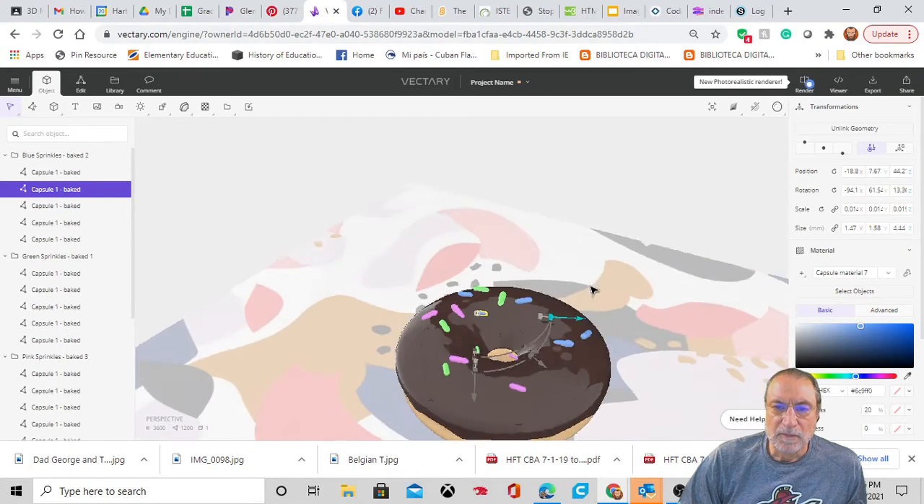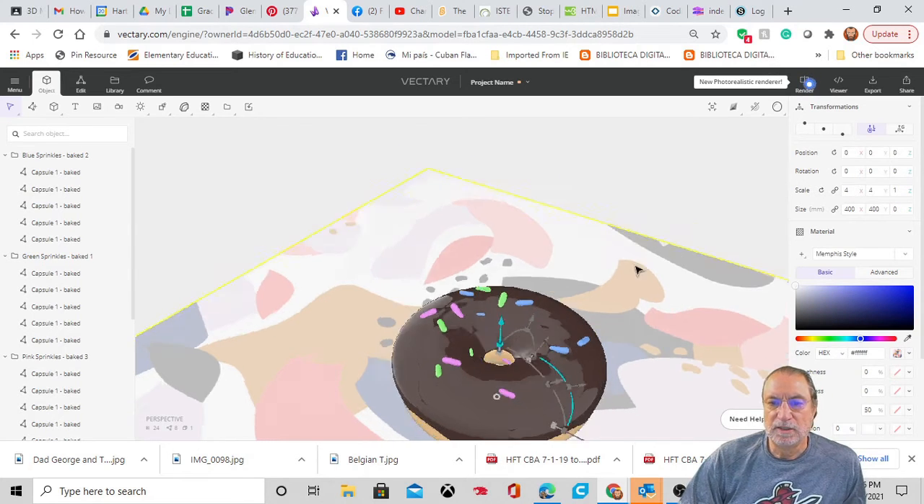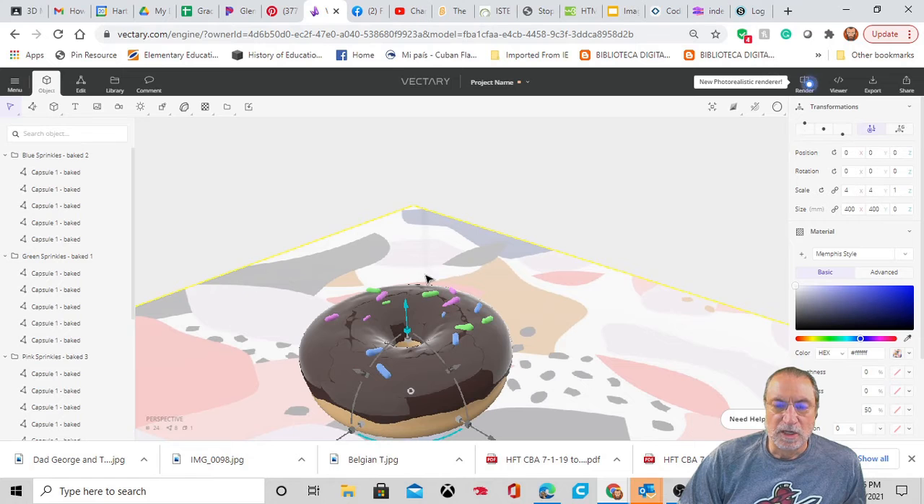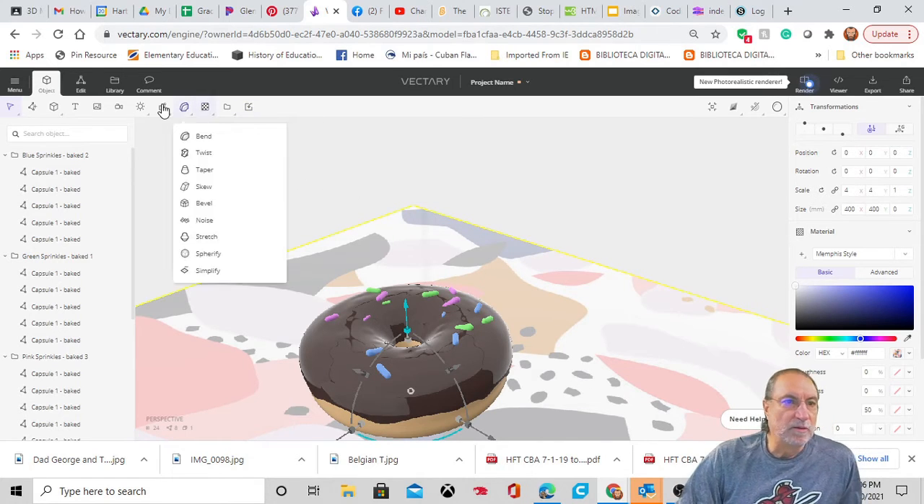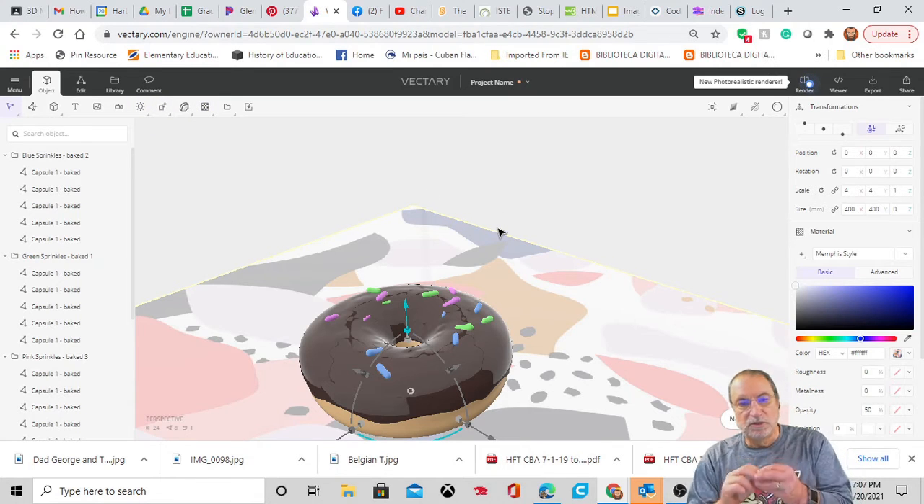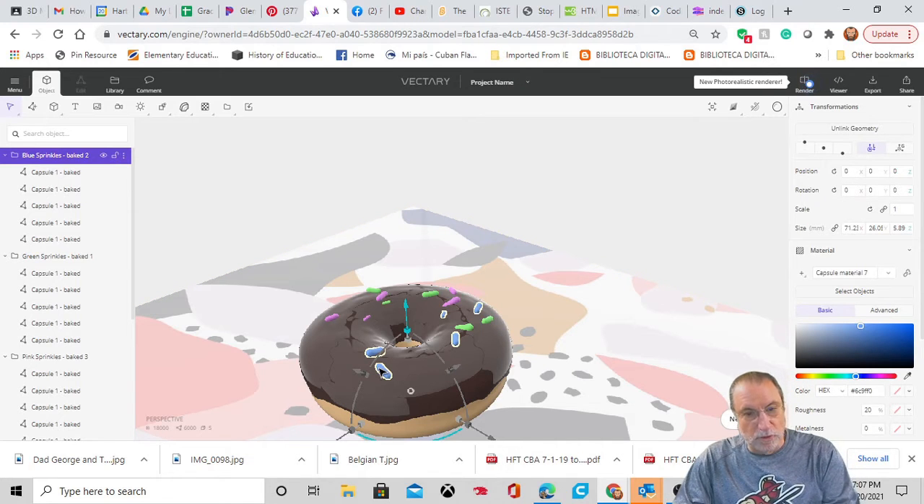Okay. So now I'm going to add, rather than sprinkles, I'm going to add some little round spheres. So some little round balls. And that's another thing that sprinkles comes in. It comes in these little tiny balls. Now, I can also, by the way, do a Control D on any one of these. So if I click on the blue ones and I do a Control D,